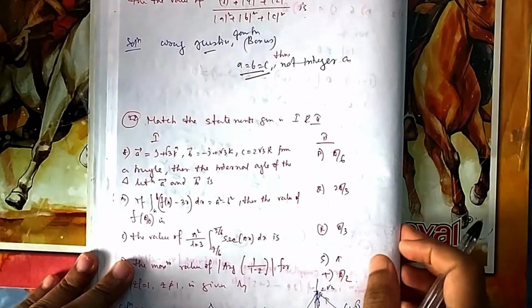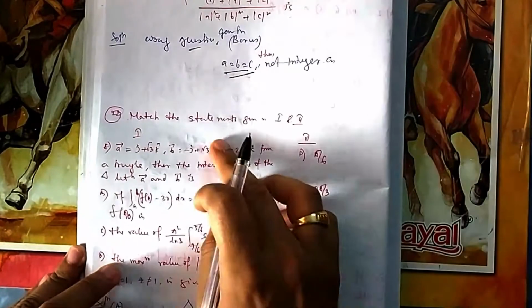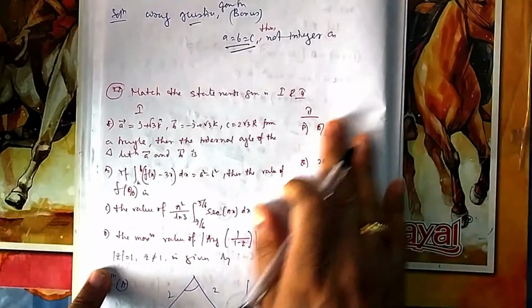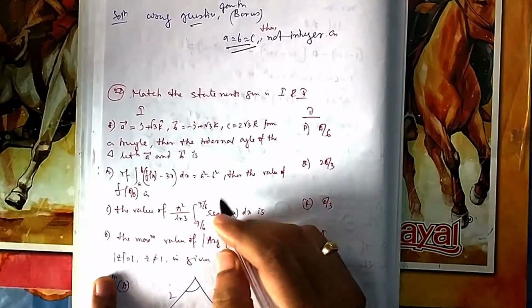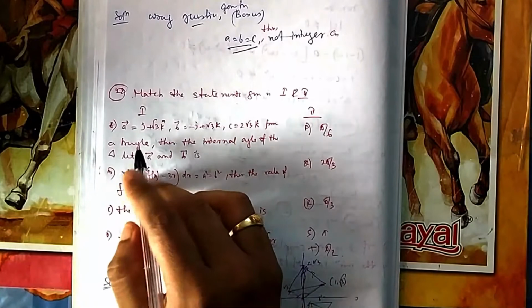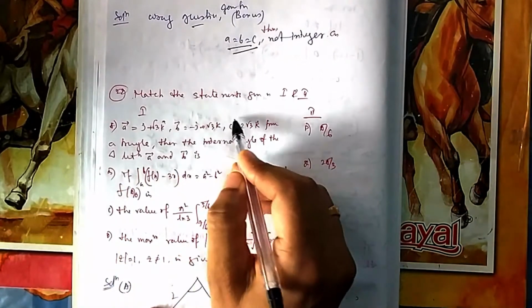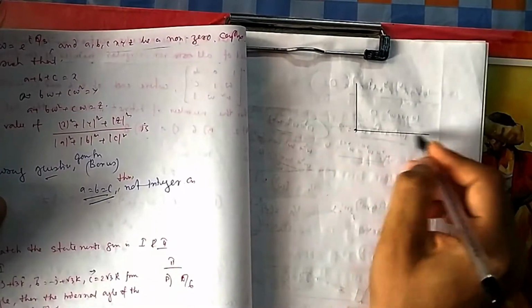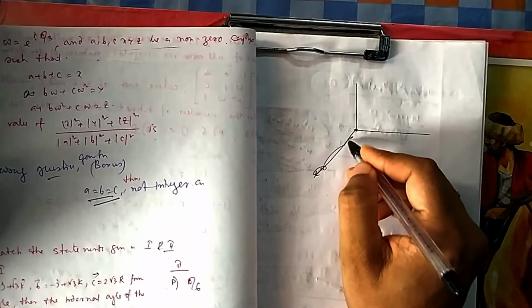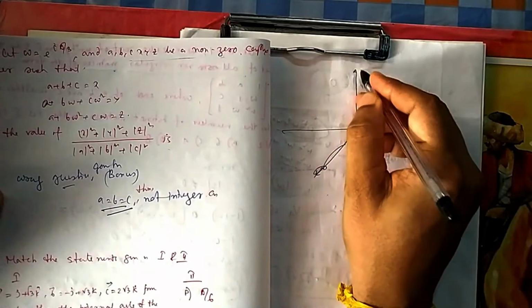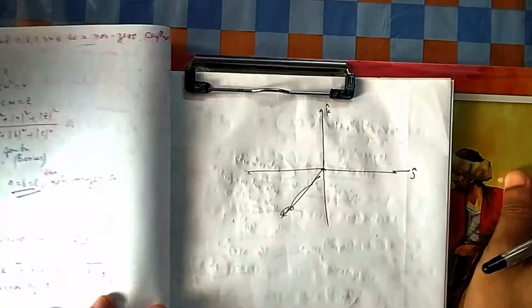22. Now if you come to 22, there are other things mixed with this one, but I thought because complex numbers are there, I will complete it. Those who have not done definite integral and vector till now, just bear with me for some time. So if you see this one, the first one, A, B, C 3 vectors are given, they are forming a triangle, then the internal angle between A, B, C. Now once they form it, because you have not done vector, let me show you. Only 2 dimensions are there, only J cap and K cap, sorry. These 2 vectors and these 2 dimensions are there.